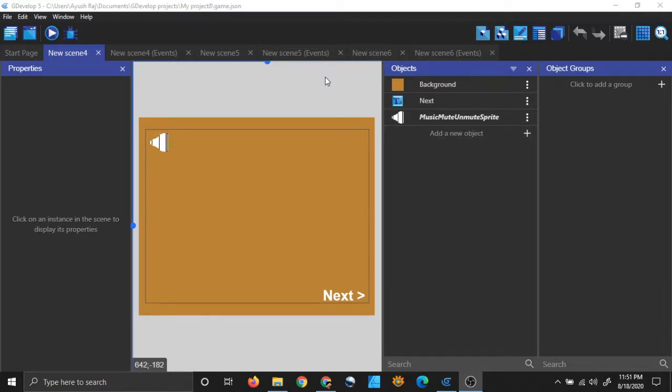So as you can see, we are having a really nice effect of music mute and unmute, and fade in and fade out as well.